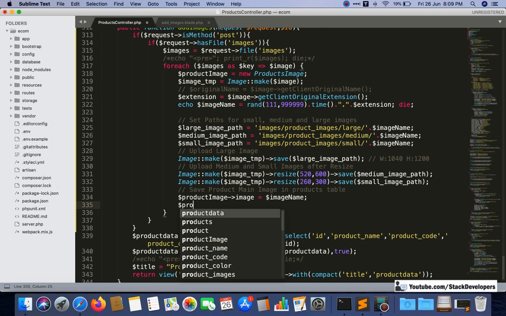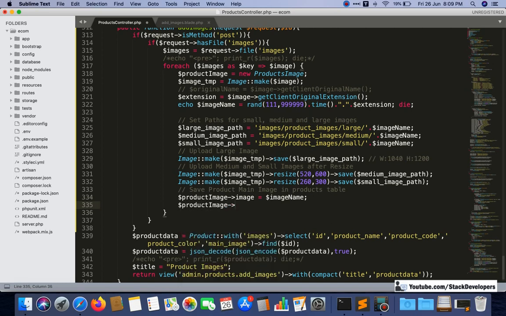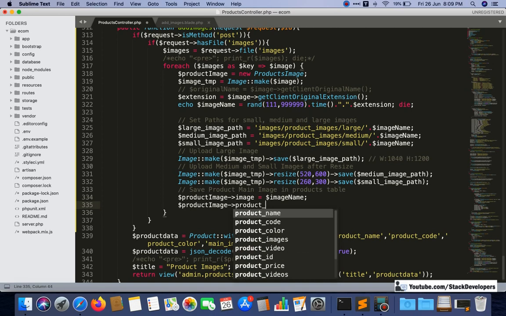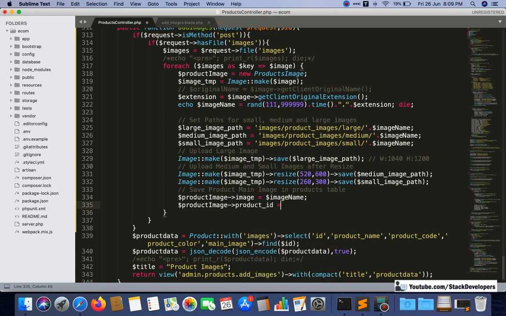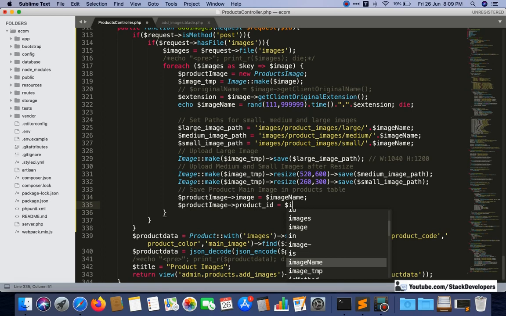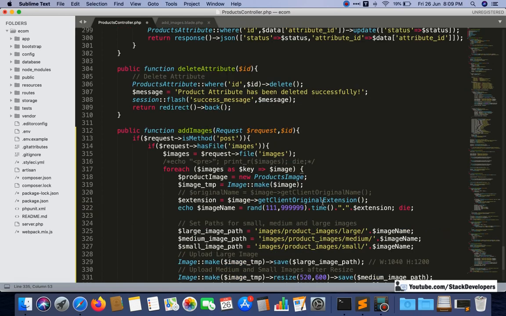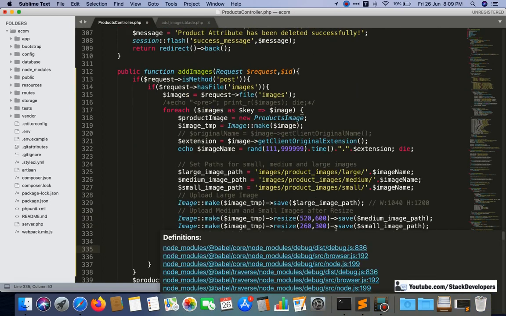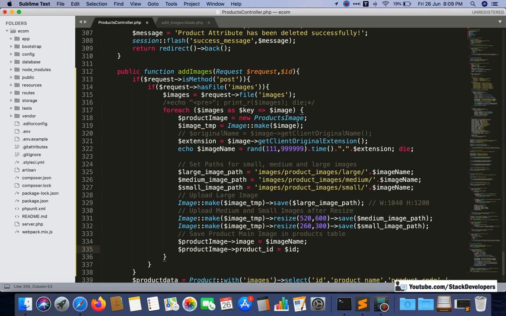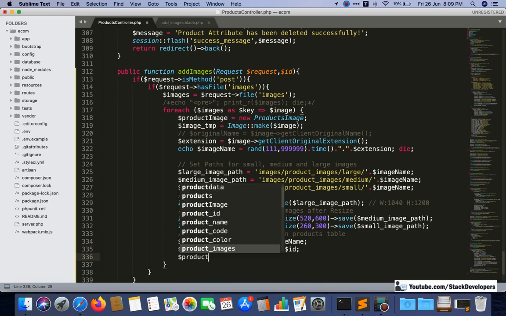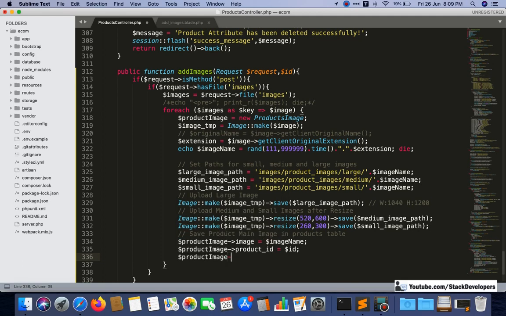So for that, product image, product underscore ID and $ID, like this. So this one also we are going to save, and after that product image, and then save like this.